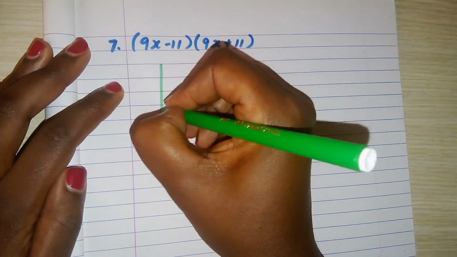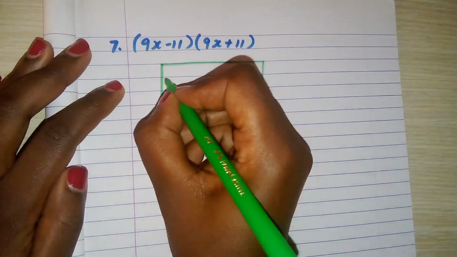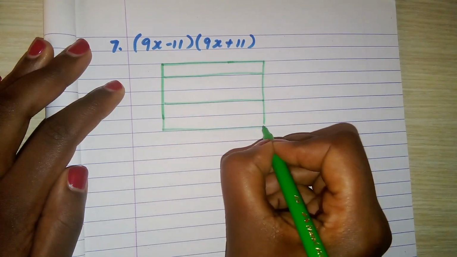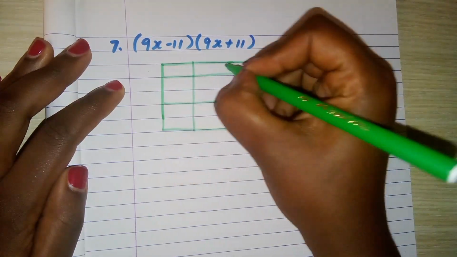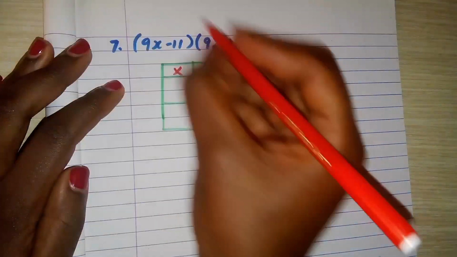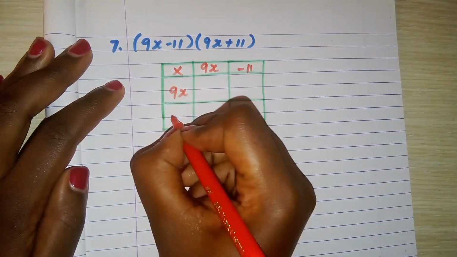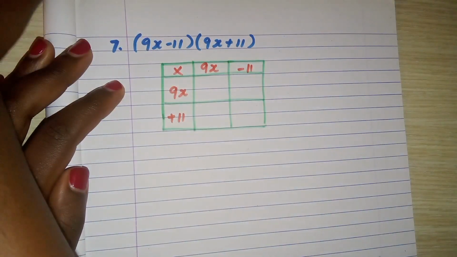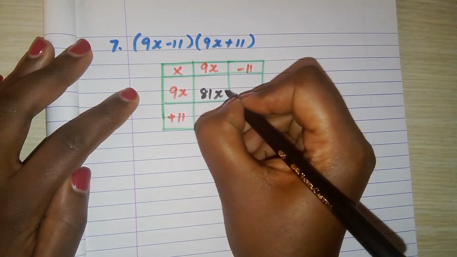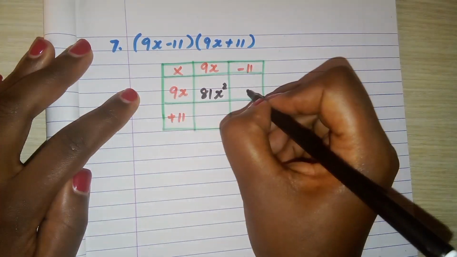Okay, number 7, we're almost done. So let's put the rows, the row and the row, and then we can put our columns. So we have times, and then we have 9x negative 11, 9x positive 11. So 9 times 9 is 81, x times x is x squared. And then negative 11 times that will be